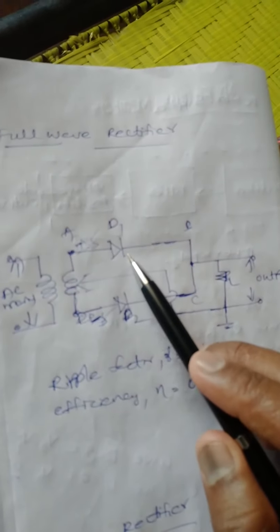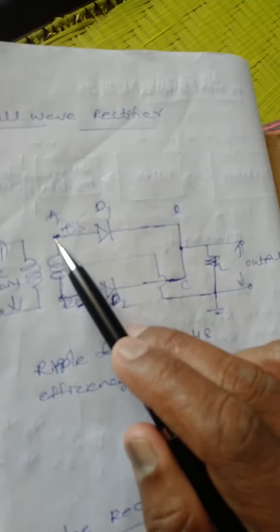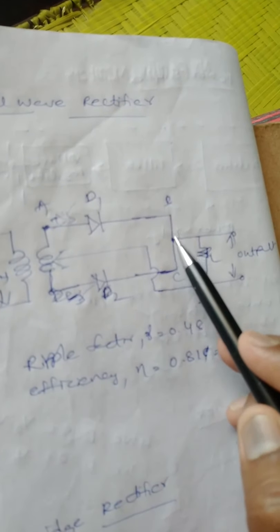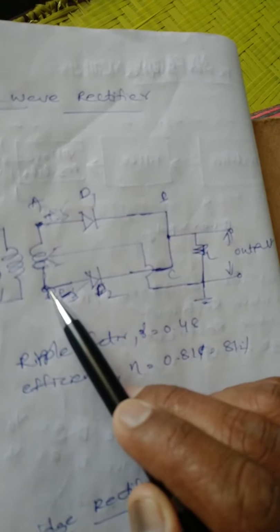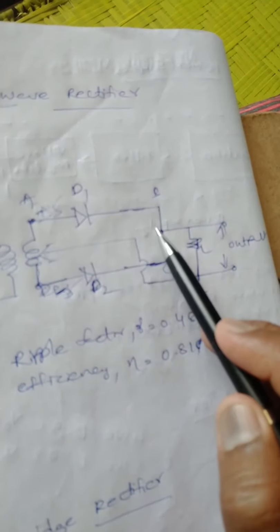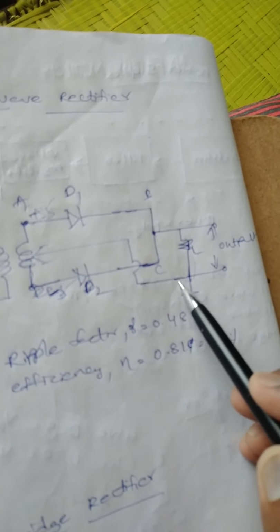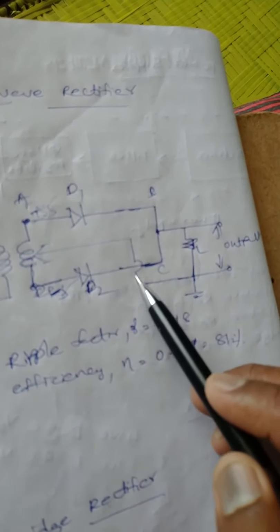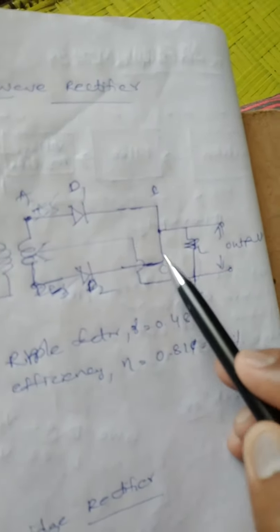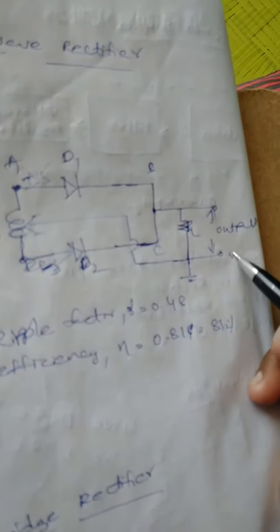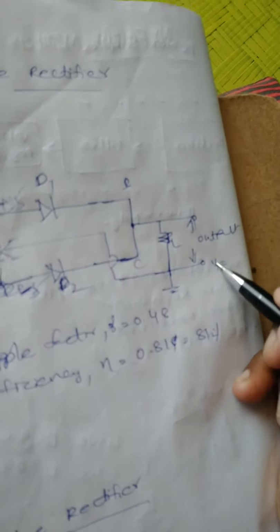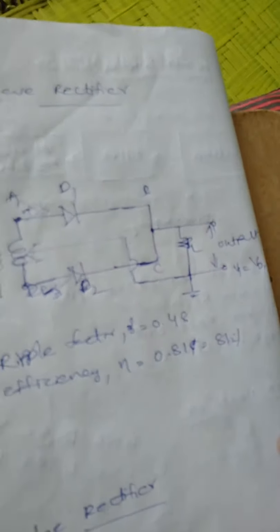So diode D1 is forward biased. Once D1 is forward biased, the path is A, B, C, D, A, B, through R L, okay, C. There is a closed path here, so there is an output. So for positive half cycles, Vin equals VO1.